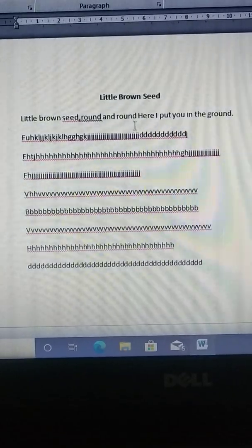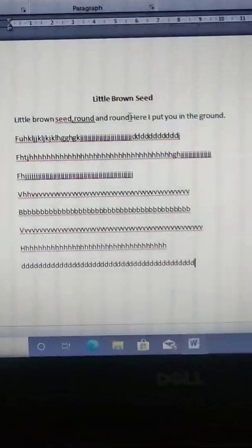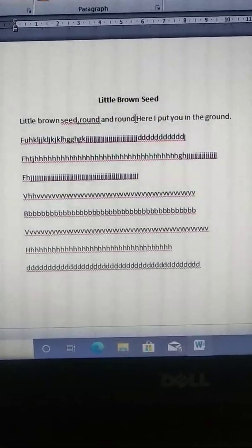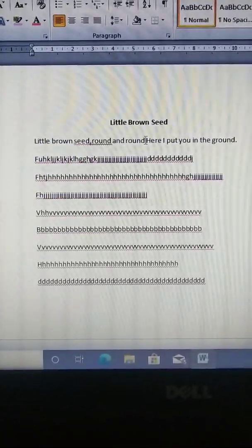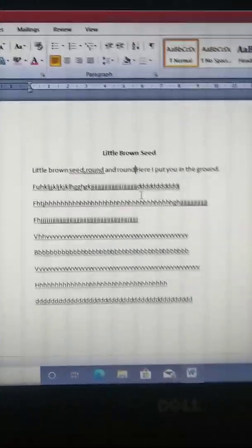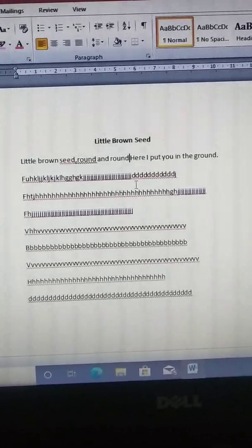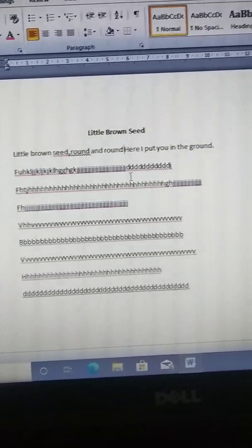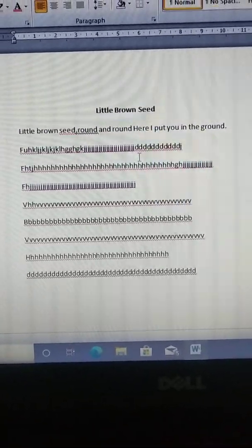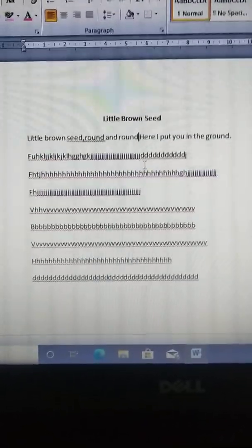Wherever you want to give the line break, you put your cursor there. Okay, children? Your cursor is now blinking. You don't have to go to any menu or anything. You just have to use the Shift and Enter keys together. See here on the keyboard, this is the Shift key and this is the Enter key. You just press the Shift key and Enter key together